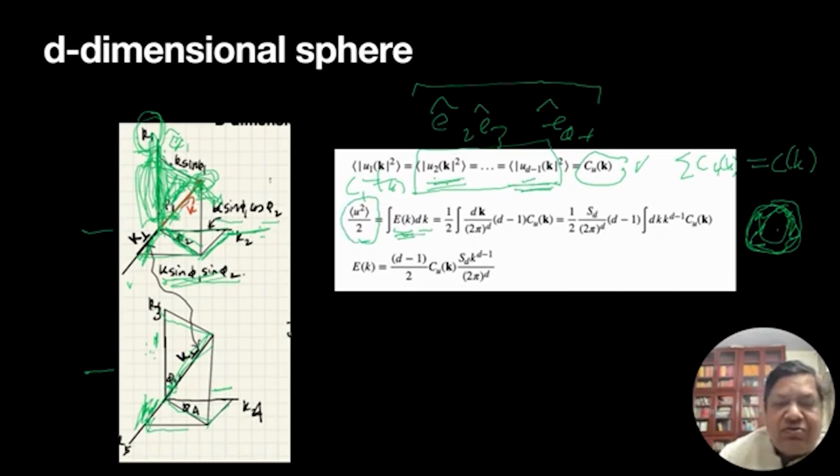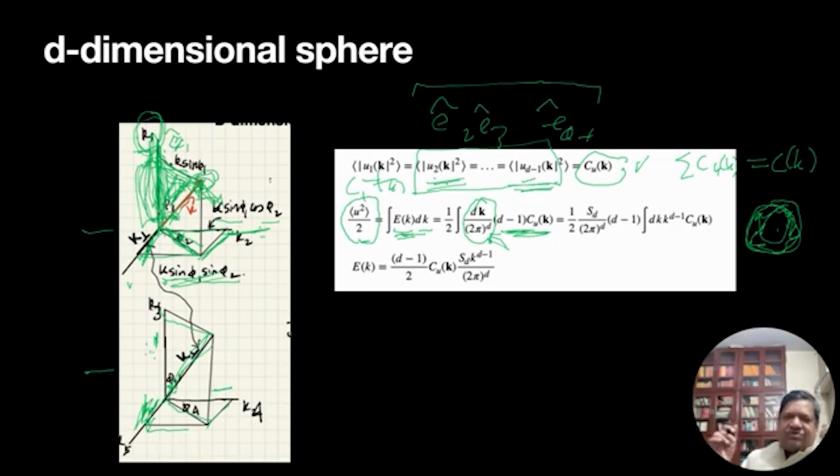But we also know the total energy in terms of components. So there are d minus 1 components, so d minus 1 times C_u(k), and I integrate over the whole volume, dk. And one more thing, this 2 pi to the power d. This is a prefactor which floats around in field theory all the time, and this is connected with the Fourier transform in